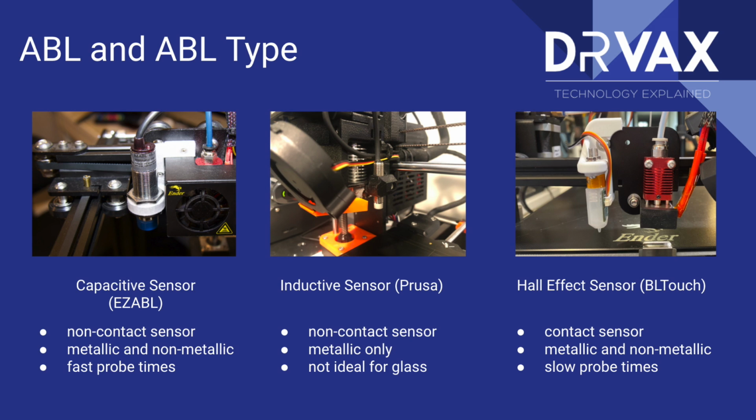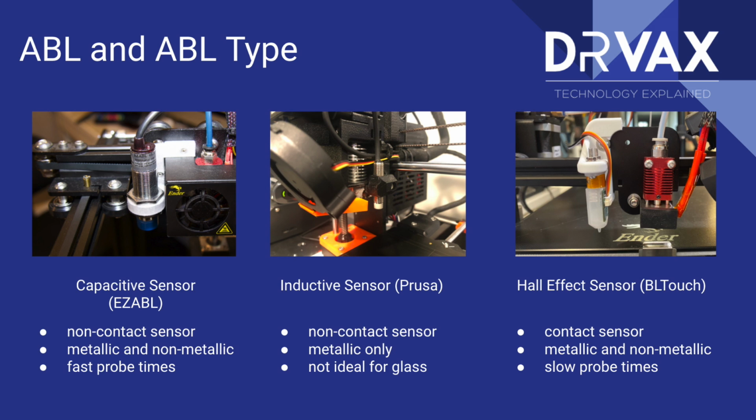So the first thing you should do when you get any 3D printer is, if there's an ability to level the bed manually, you should do it. The Prusa does not. It's all done in software. I have 3 different types of auto bed leveling on my 3D printers. I have an Ender 5 that I added an Easy